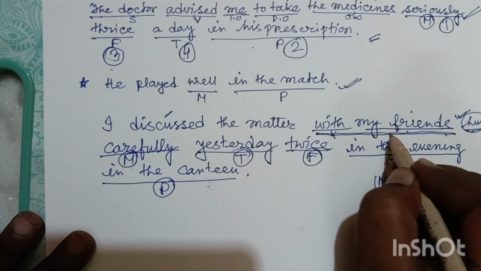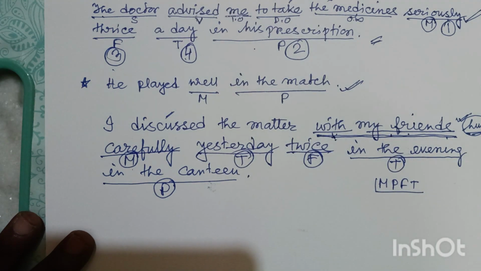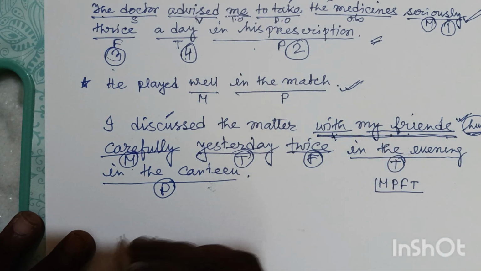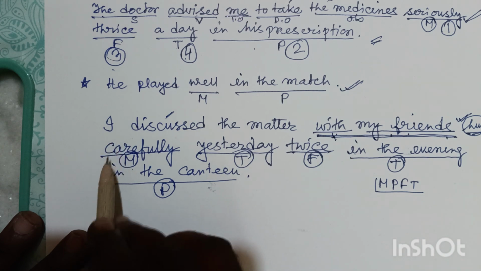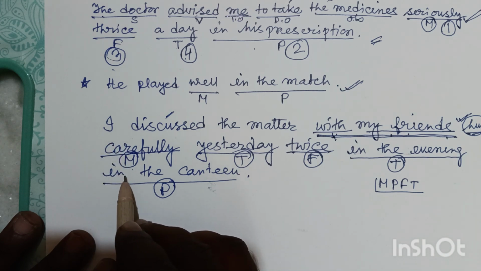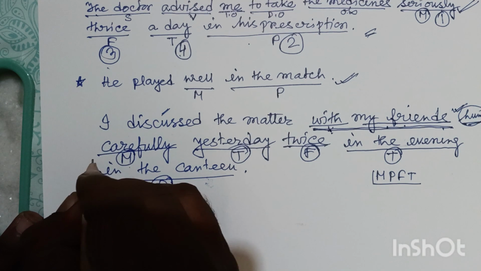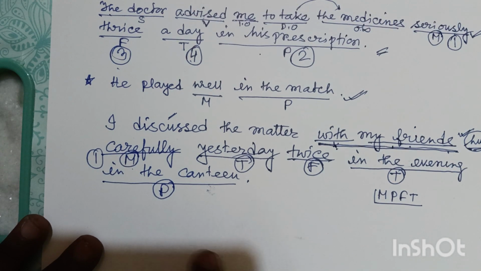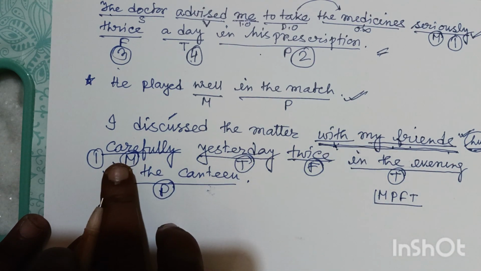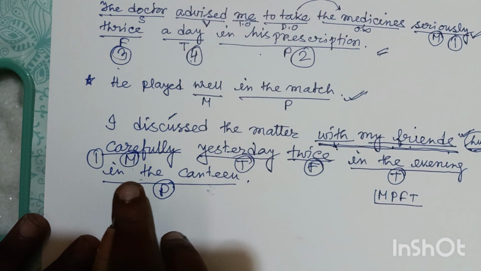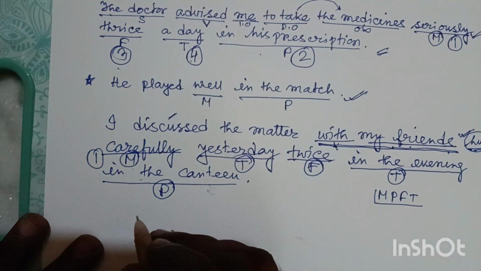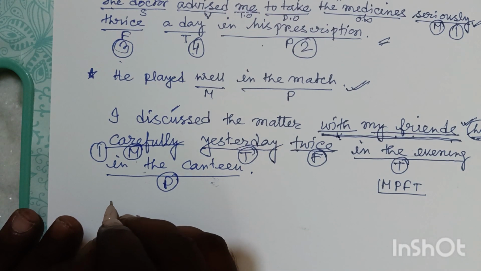So it's a part of the subject. Now the question is where to write down this one. First of all, in the sequence of adverbs, this is the first one, adverb of manner. After that, carefully. Then in the canteen, so the sentence will be, I